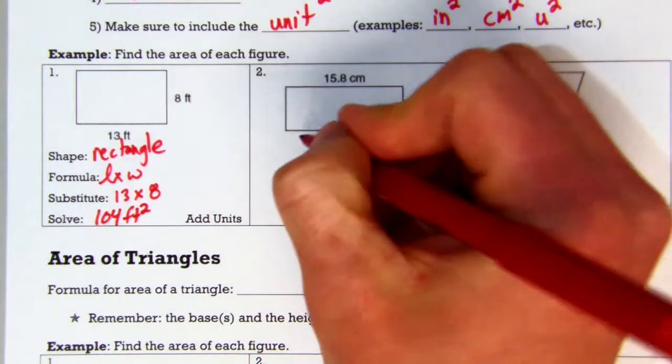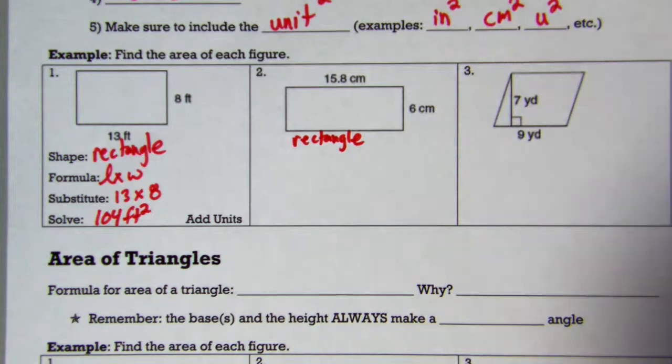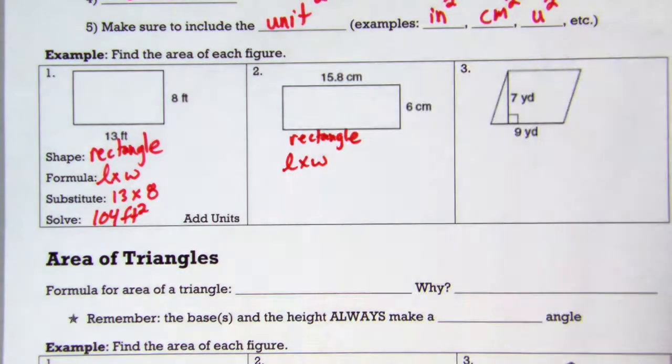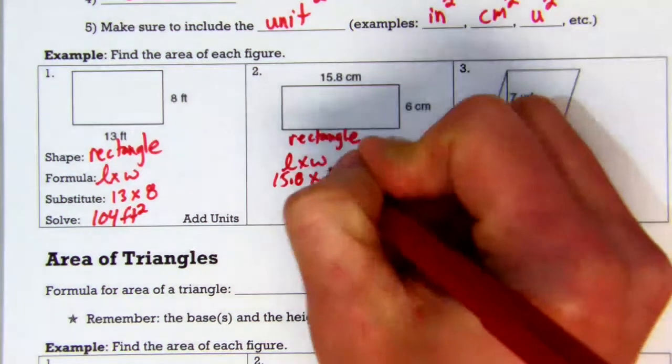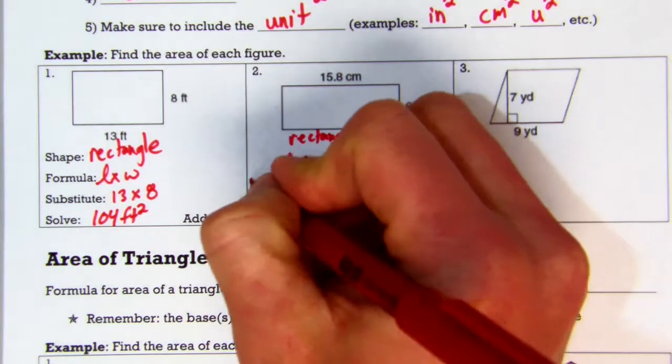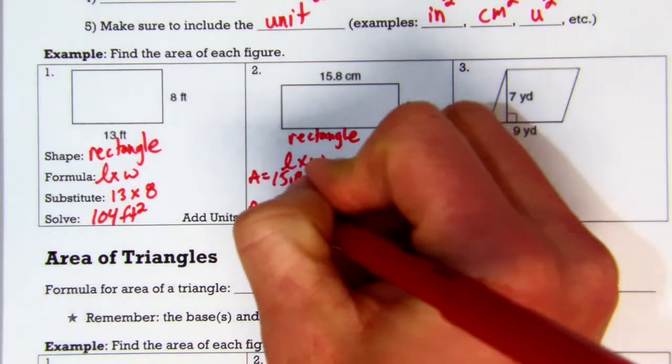Number two, we have a rectangle again. Length times width. We're going to do 15.8 times 6. Area equals, and then our area is going to equal 94.8